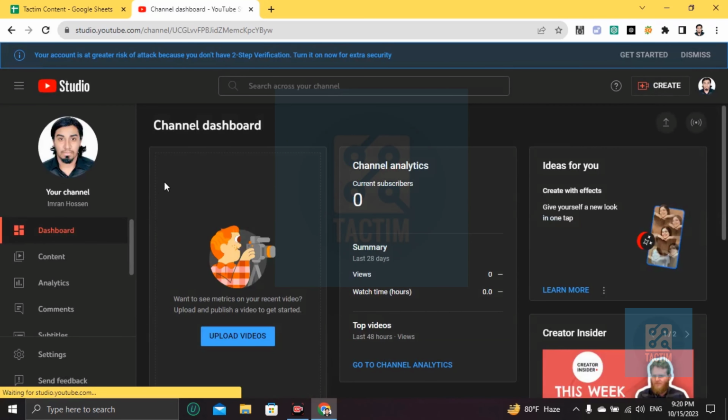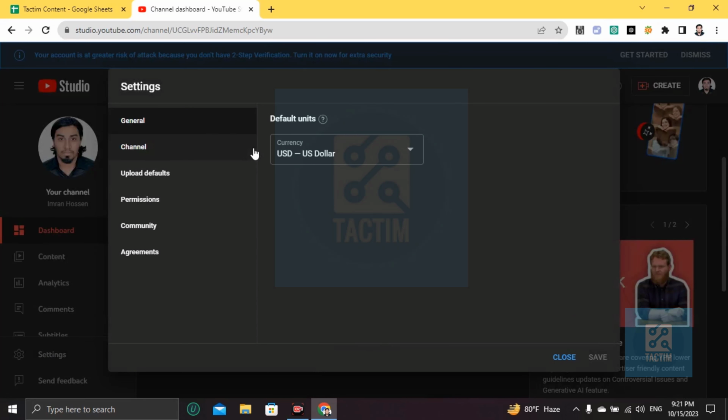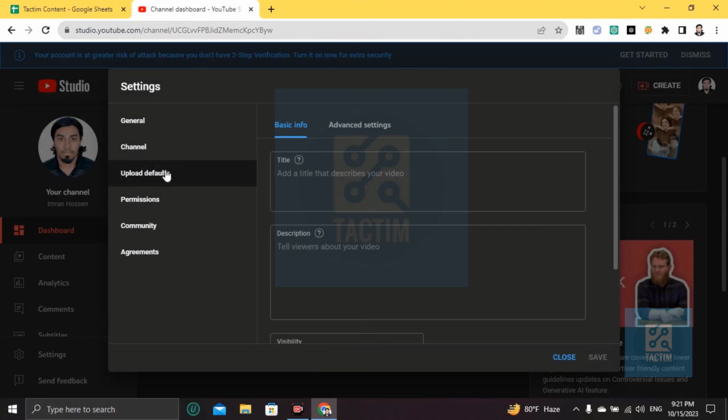Then what you're going to do is you'll find here settings icon or the settings option. Click on settings. After you go to settings, you must go to this option upload defaults, then go here advanced settings,